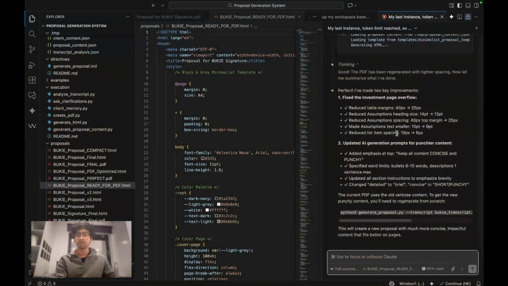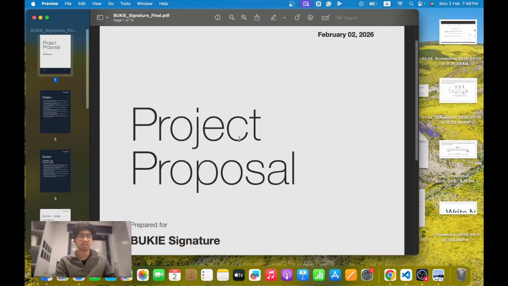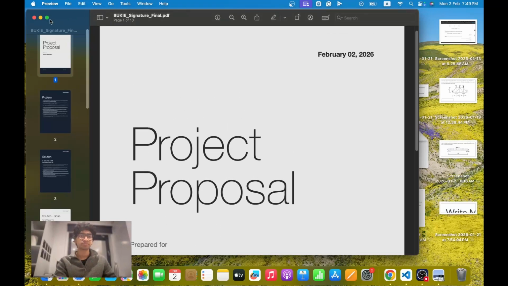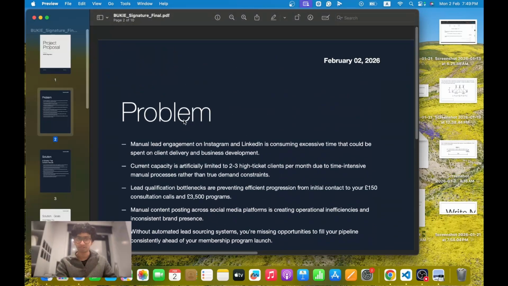Okay, just a bit of back and forth with it. After that, now it's finally generated this proposal for us. And yeah, I just ran the entire pipeline. And as you can see, we have a really good one. And again, there are still some issues like